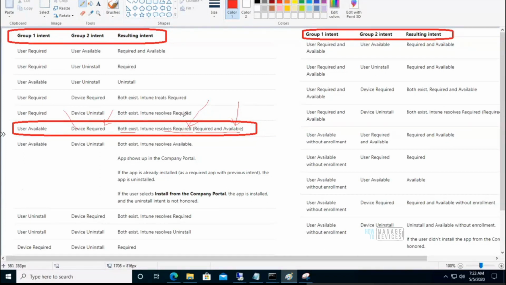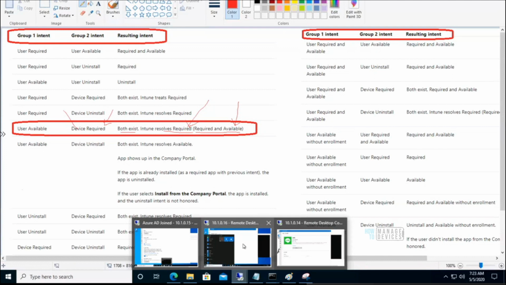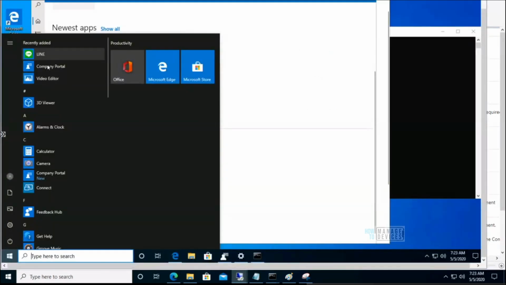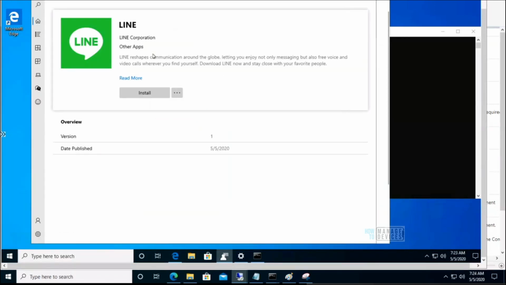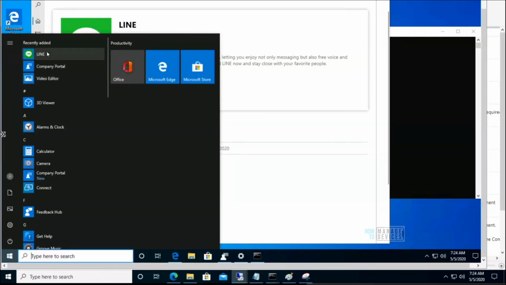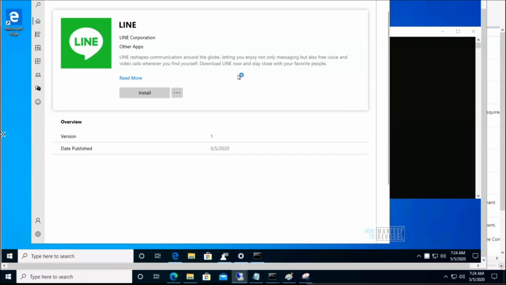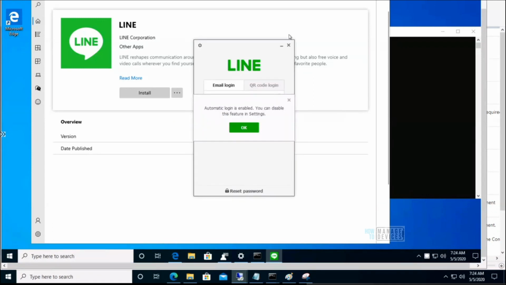It will install the application automatically without any user interaction, and in Company Portal it will be available always. So this is a pretty nice feature, right? If I go to Company Portal, it says install. I don't know, probably that will also get changed, because it will understand it's already installed in some time. But if I click on this, you can launch the Line application. I don't even know what this Line application is. Okay, okay.